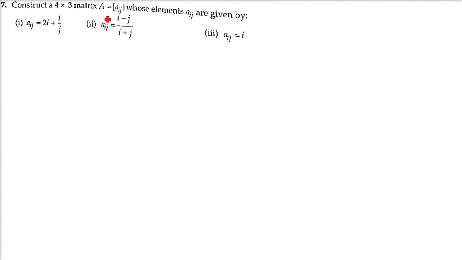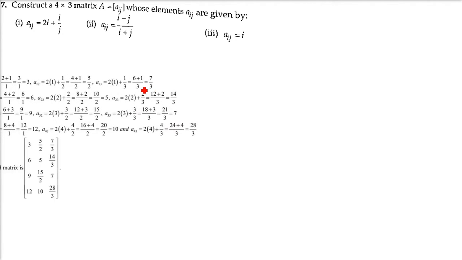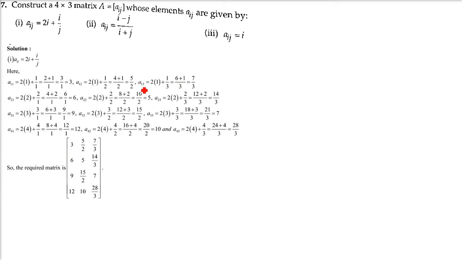Construct a 4 by 3 matrix A equals [aij] whose elements aij is given by. Same thing we have to do, just take i and j subscript and put it here in the expression, and whatever the value will come, put it at the place of that subscript, that is particular value of the matrix. So let me just make the 4 by 3 matrix first. It will become easier to solve if we make this matrix up front. 4 rows and 3 columns. 1, 2, 3, 4. So we have a11, a12, a13,